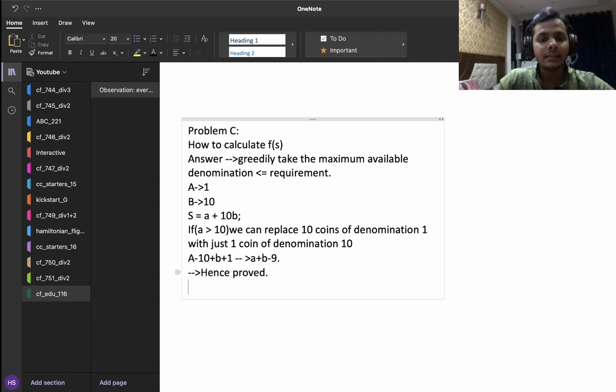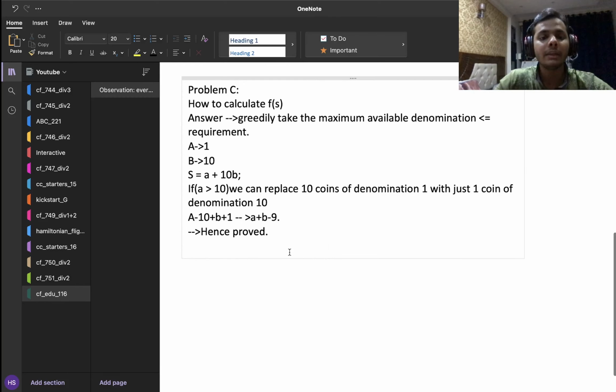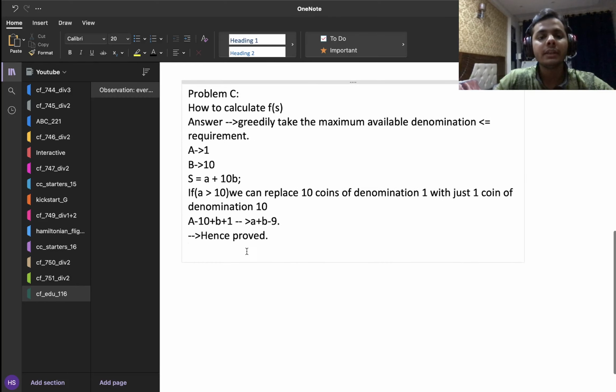And okay, that's all well and good, but what we want to find out is the minimum element which cannot be made using k coins. So we have k coins, but we need an element which needs at least k plus 1 coins to be made. So yeah, that's one thing. But let's see an observation which will help us in actually solving the problem.